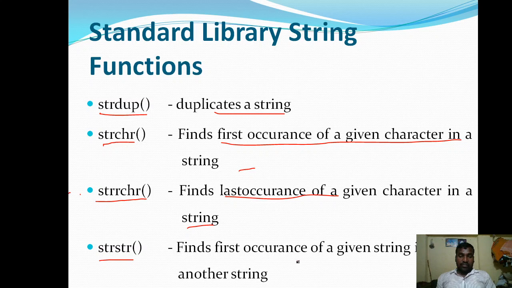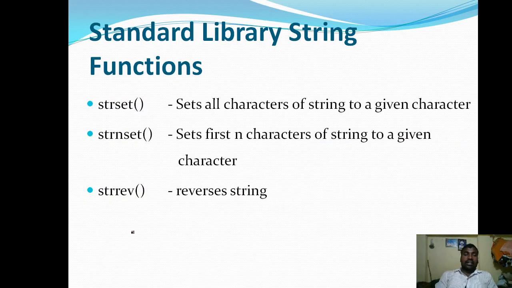It finds the first occurrence of a given string in another string. So these two are to check the occurrence of characters, and this function is to check the occurrence of a given string in another string.